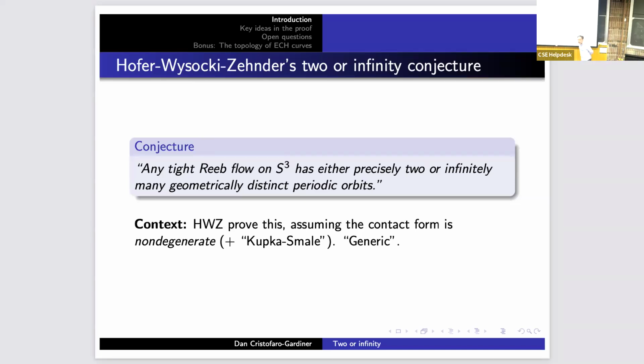So HWZ themselves proved this if the contact form is non-degenerate. Okay, so I italicized it because that's going to be sort of the main point of the talk, is not having it. But remember, maybe in the morning, Mohammed said at the very beginning of his talk, say we have a Morse function, meaning the critical points are non-degenerate. So this is pretty much the analogous condition, but for a function on the loop space that arises from the contact form. So they assume that the contact form is non-degenerate, and they assume another condition, the so-called Kupka-Smale condition,